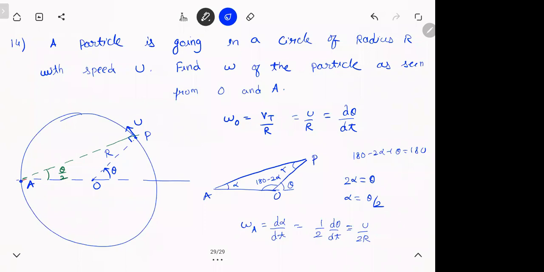So remember this thing, whenever someone asks you to find the angular velocity, the first question is always, sir, from where are you seeing it? The frame becomes important. Remember, this is a standard question, a good one, that keeps popping up multiple times.